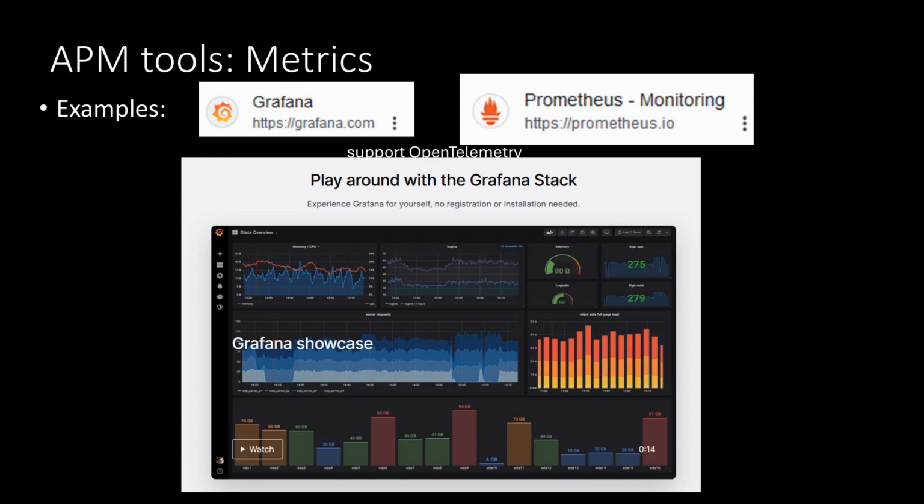Grafana has powerful dashboarding capabilities, which allow for detailed visualization of metrics. As shown in the image on this slide, Grafana provides a rich interface to create dynamic dashboards that display real-time insights into your system's operations. Prometheus complements Grafana by serving as the data source that collects and stores these time series metrics, making it an excellent backend for Grafana's visualizations. Both Grafana and Prometheus support OpenTelemetry,